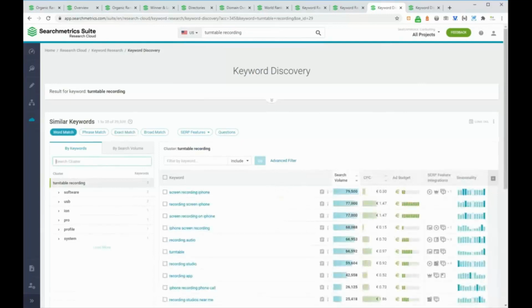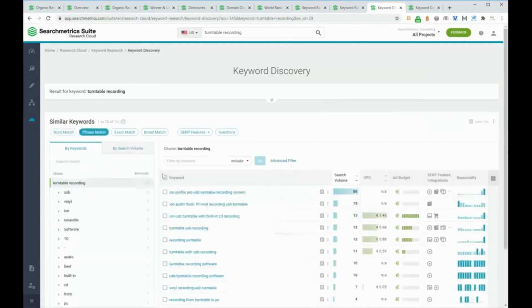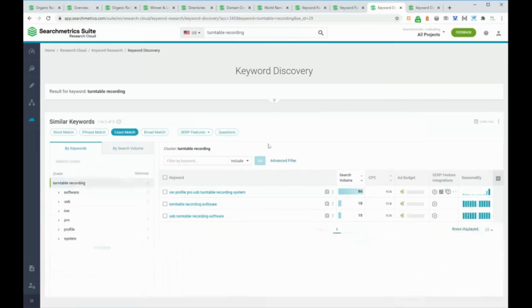Yeah, and within one tool, you have a few ways to look. You have the word match, which gives you the results for each keyword that you search for with other additions either before or after, but it doesn't have to contain both keywords. Then you have the phrase match. Phrase match means it will show you the results with the clusters for both keywords, but it can contain other keywords before, after, or in between. Then you have the exact match, which will show you exactly what you looked for, in the same order